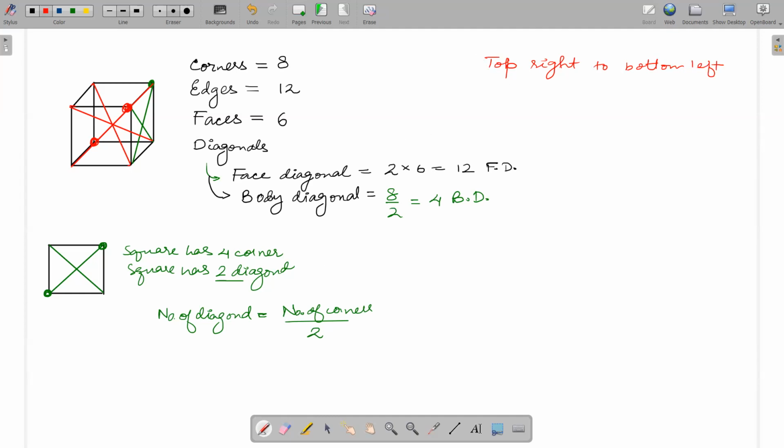I mean the top right of the front side, the wall which you are facing in the front, and the bottom left of the wall which is the back side, the wall which is facing your back. Mariam, Amalia, Sanya, and Abir, can you see this? Yes, sir, I can see. Okay, fine. If you can see, then it is fine.